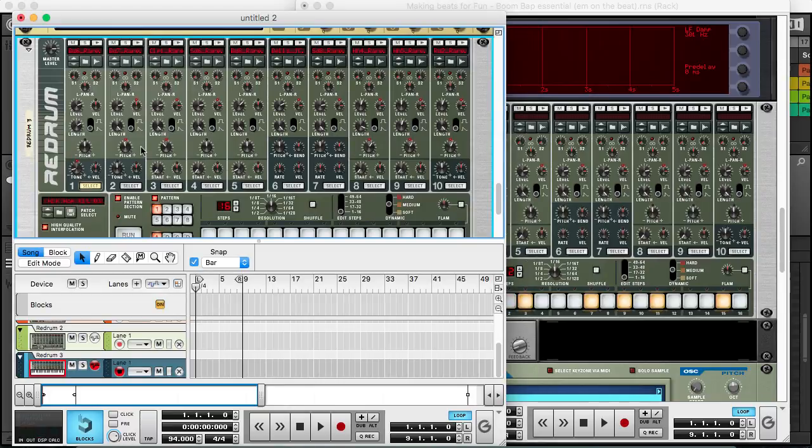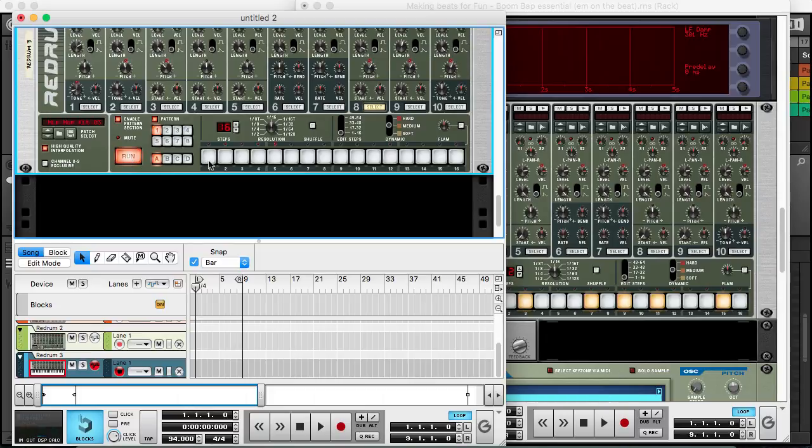Okay, so if this was my Reason kit, I'm just looking for a hi-hat. Okay, so say for instance this was my hi-hat. If I press run on it,